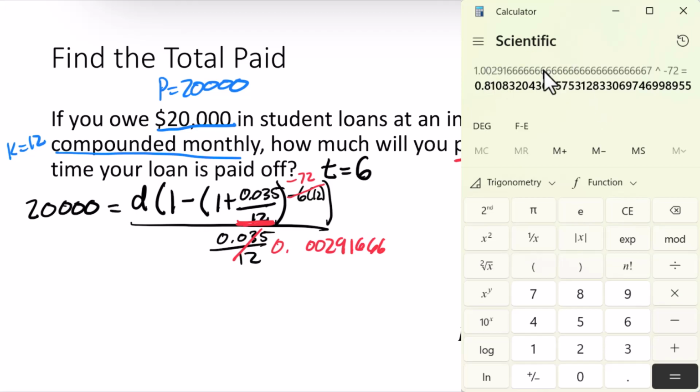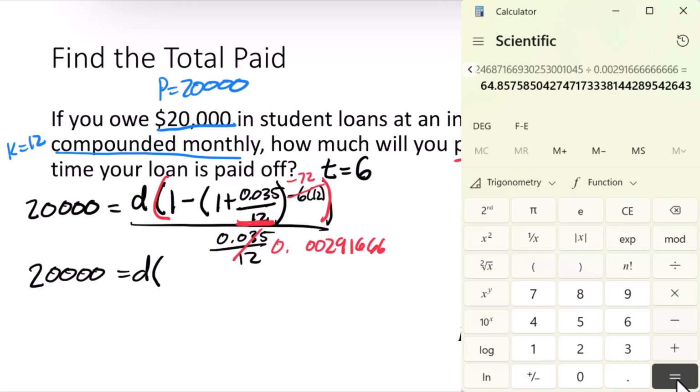Then I need to do 1 minus this. So I'm going to make this number a negative and add 1. And that gives me this decimal, which is all of the stuff inside of these big parentheses. And then I'll divide by 0.02916666666. And that ends up giving me 64.85, etc. And so what I've found so far is that 20,000 equals D times this